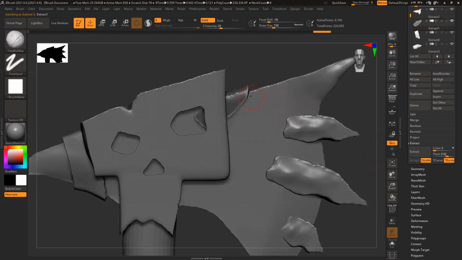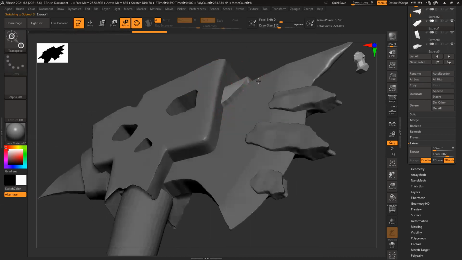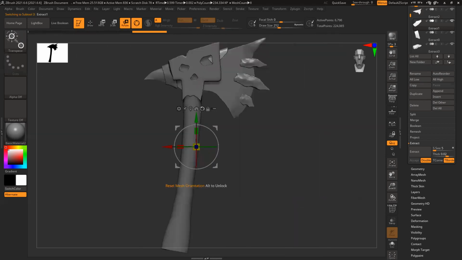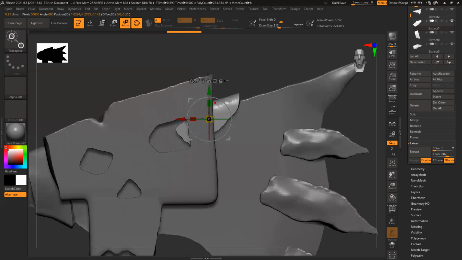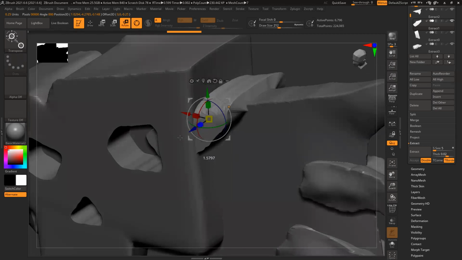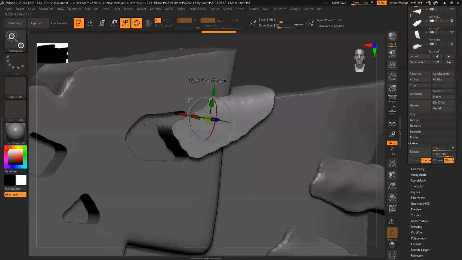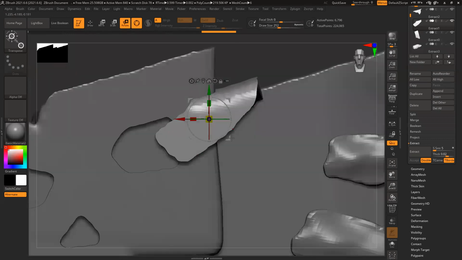Extract, accept, deselect, deselect. Move the pivot point. This is for center pivot, this option. Make it thick, because anything inside that is not visible, so it doesn't matter.